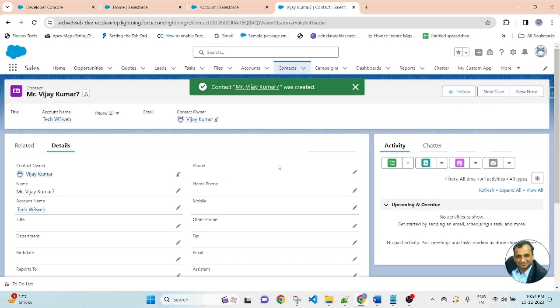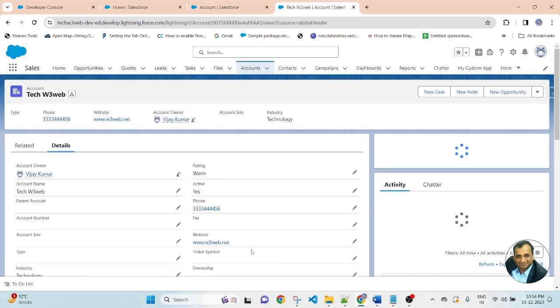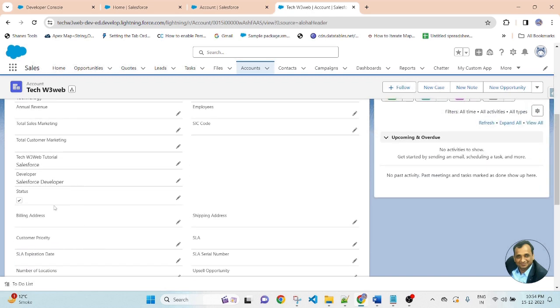Record has been created successfully. Now let me go to the related account. This time the checkbox is automatically selected true because the condition is fulfilled. As per the condition, if developer is selected as Salesforce developer, then this status should be automatically checked as true. So friends, in this lesson, we learned how to update a contact to account field